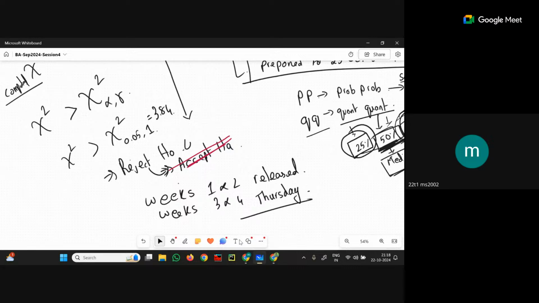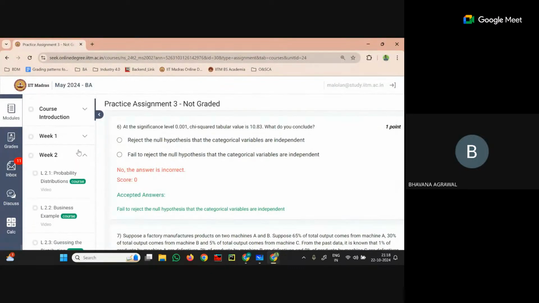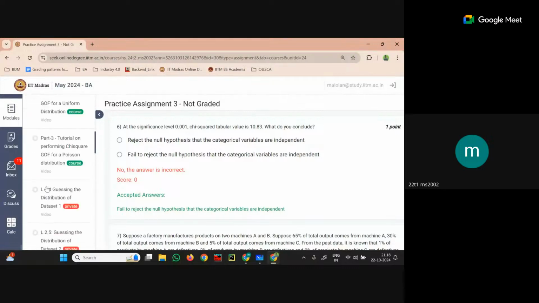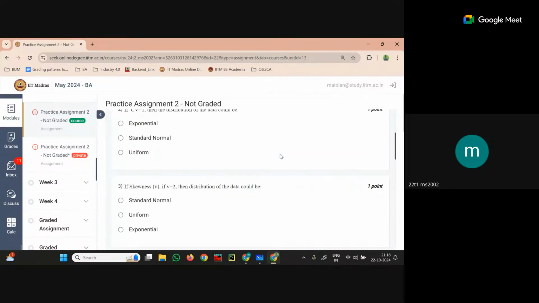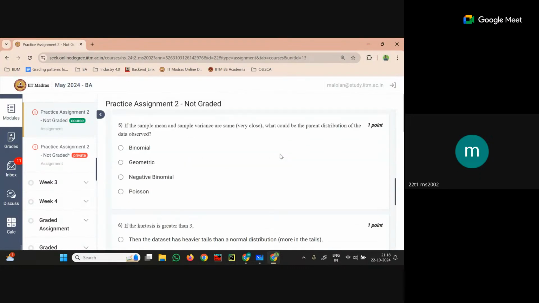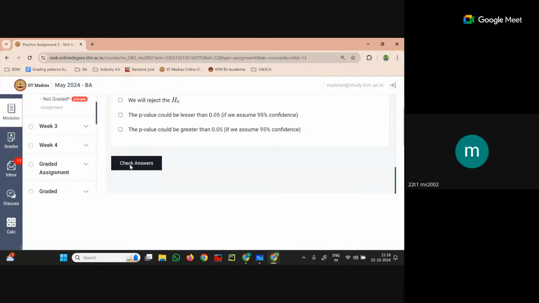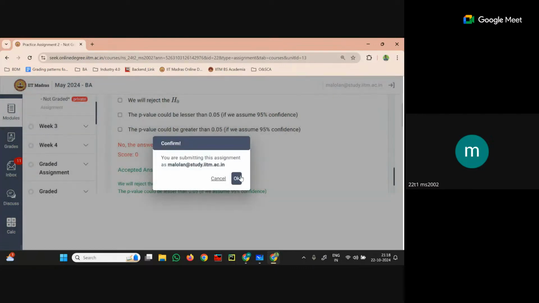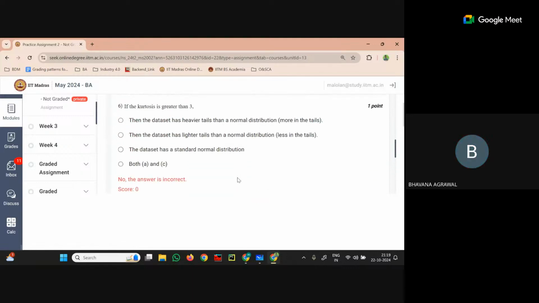Someone else add something else. Bhavana, go ahead. Sir, I have a doubt in practice assignment 2, question 6. Here they ask, if the kurtosis is greater than 3, okay. So what is the doubt? Sir, I don't get the answer. The answer is